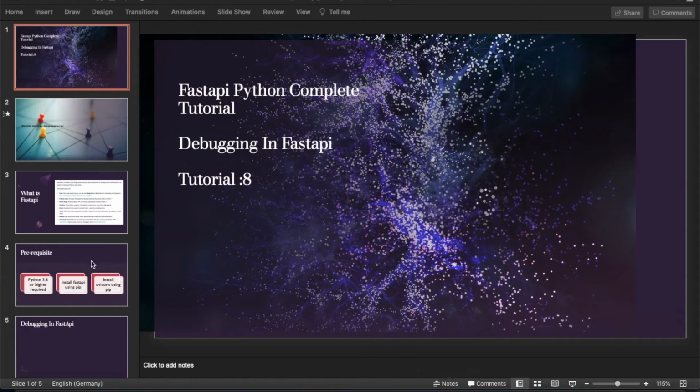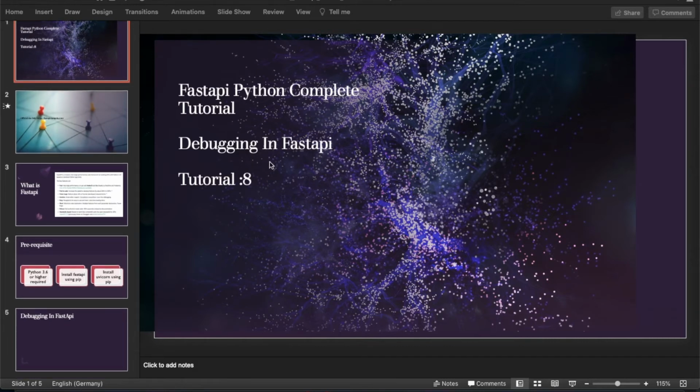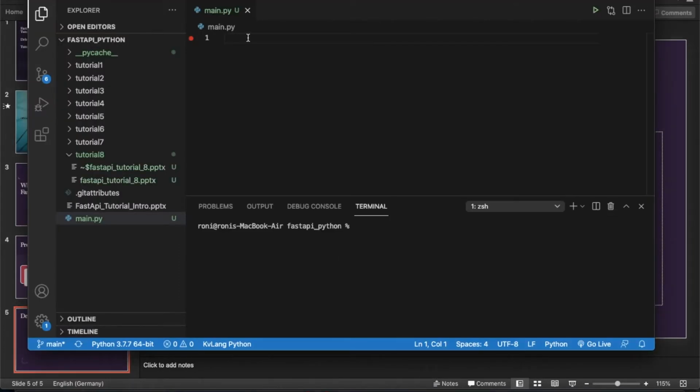The slide is very simple, nothing new, just to make sure what topic I'm going to cover in which tutorial. That is why I made this, but apart from that there is no point of creating any slide. Maybe I can put something here in this slide, but as I told you, there will not be any coding. Okay, so let me open my Visual Studio Code.